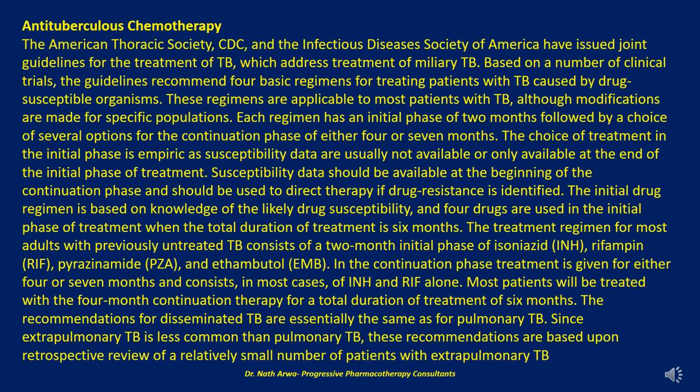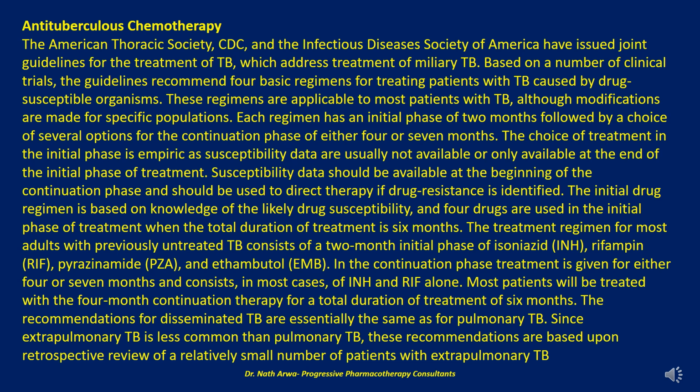Each regimen has an initial phase of 2 months followed by a choice of several options for the continuation phase of either 4 or 7 months. The choice of treatment in the initial phase is empiric, as susceptibility data are usually not available or only available at the end of the initial phase of treatment. Susceptibility data should be available at the beginning of the continuation phase and should be used to direct therapy if drug resistance is identified. The initial drug regimen is based on knowledge of the likely drug susceptibility, and 4 drugs